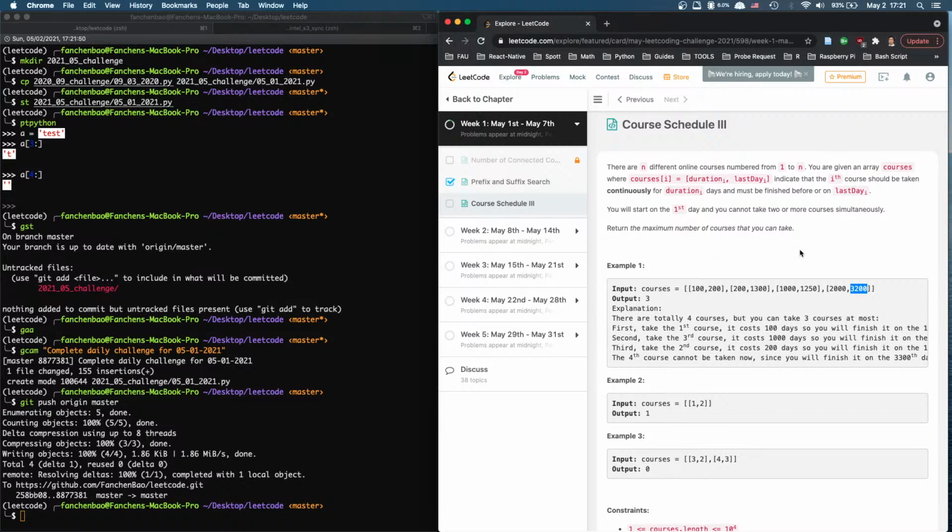We're at 100, if we take the first one. And then at 100, we try to see which one can we take. Well, we're taking one course, so we have 3 left. And based on the difference, we can take all 3. Then we take all 3, right? And then after we've taken all 3,